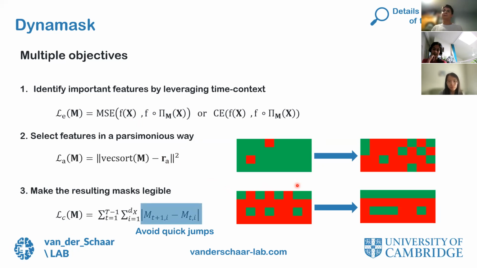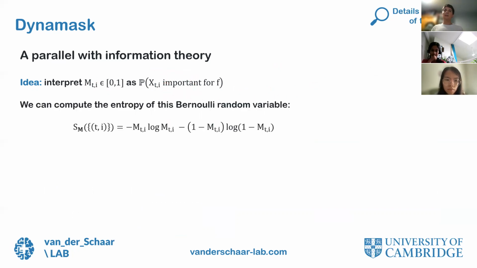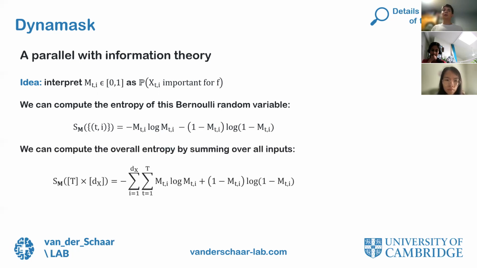prior desiderata. So now that we know how to fit masks, I'd like to make an interesting parallel with information theory. If you recall that mask coefficients are between 0 and 1, well, it is tempting to interpret them as probabilities, right? Let us interpret this mask coefficient M_t,i as the probability that x_t,i is an important feature for the black box f. If you do that, actually what you have here is a Bernoulli random variable. You can compute the entropy of this random variable. And you can actually do that not only for this random variable, but for the whole mask. You do that by summing over all the indices,